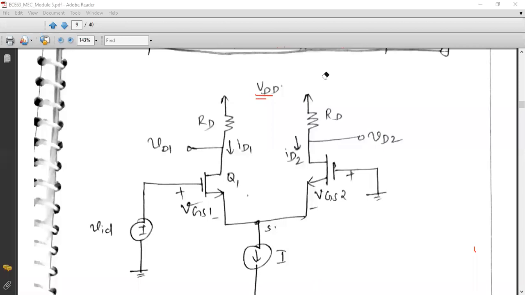And in this case, you can see that the current I will not split equally, unlike the conventional common mode configuration. In the differential mode, current is not splitting equally. Ideally the entire current will be flowing through Q1 alone. At the same time, ID2 will be 0, because if the transistor Q2 is not crossing the threshold voltage, it will not conduct, right? So that current can be considered as 0, and the maximum current will be flowing through Q1. So that depends on the case.